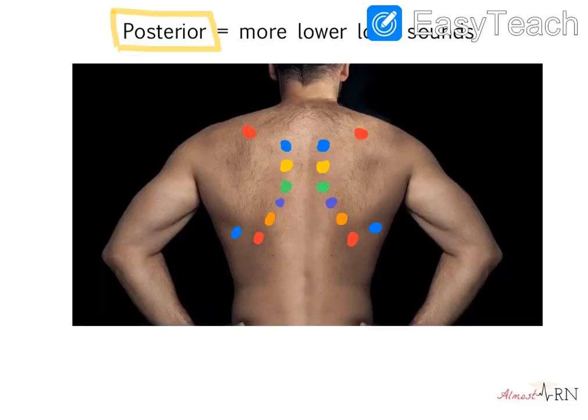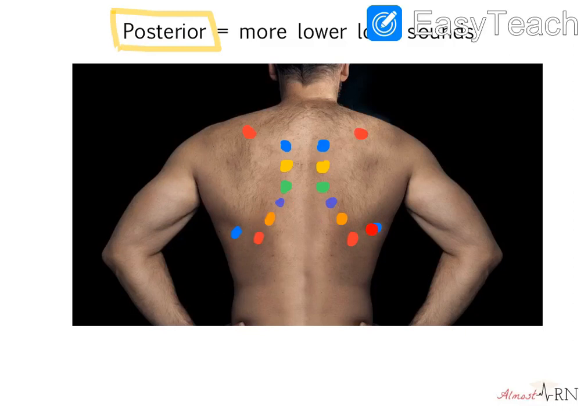For the posterior portion, like I said earlier, these are more lower lobe sounds. As we saw in that x-ray from the anterior view, we really don't see a lot of the lower lobe, so we have to make sure that we are listening to that too. For posterior, same aspect of listening like a ladder. You always listen to one side and then compare to the other. You'll start over here, right around the shoulder blade, a little bit above it, and then you'll compare. Then you go down, compare, down. Same exact pattern